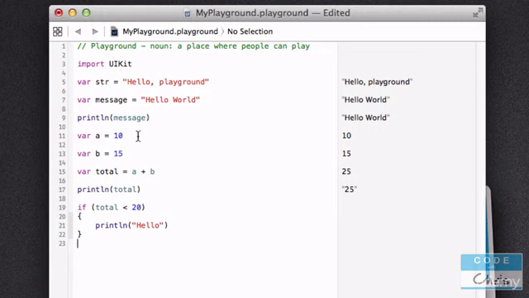But let's say if we went up here and changed variable a to be 1 instead. Now total is 1 plus 15, which is equal to 16 over here, as we can see. And now this if statement is true. Total is 16, which is less than 20, and so this line will execute. So an if statement just gives us the power to perform some logic, and we'll go over that in a